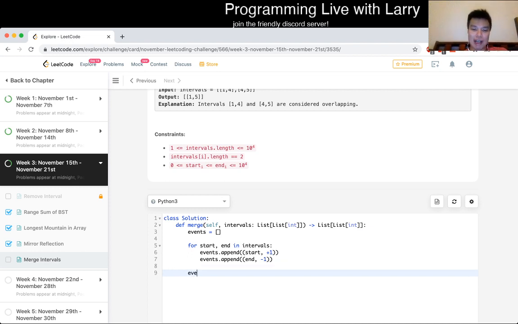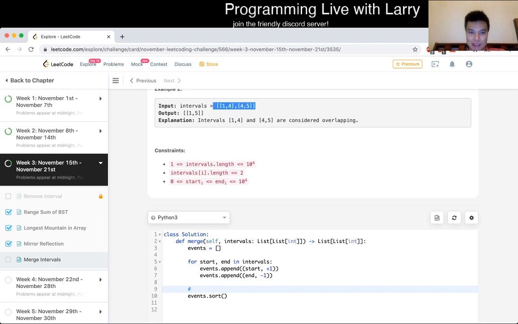But now that we have the events, we sort them. The way that I think about it is that each event sorts by when the event happens first. That's why we use a tuple, which is the start or the end, and then the event, which is the +1 or -1. But because -1 comes before 1, obviously, on the number line, when you sort it like that, the negative comes first, right? So that is a little bit of an edge case that would come up, because if you look at this example,